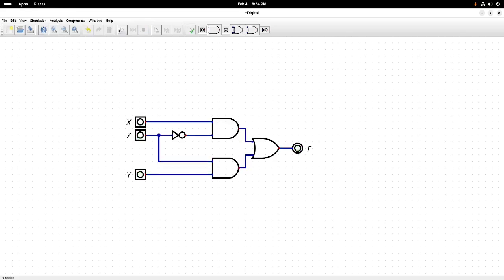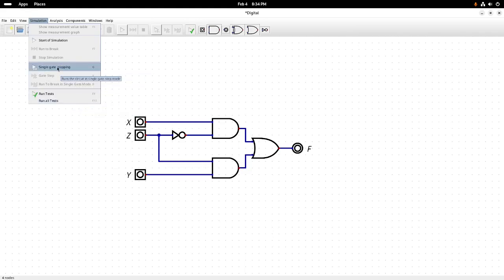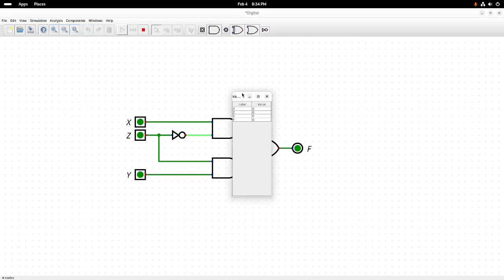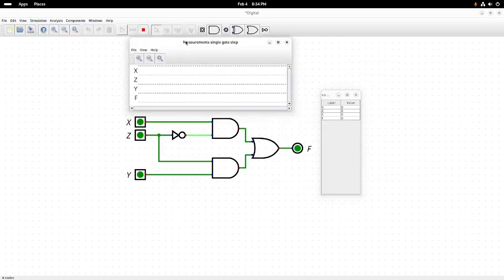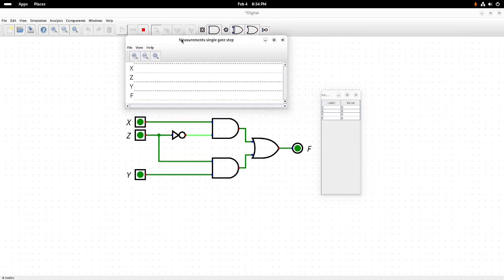However, if we go to this simulation called single gate stepping, which you can get by just hitting G, and then step through each gate with V, we can do this sort of thing. So if we enter single gate stepping mode, we can show either the measurement table or the measurement graph, or actually both. Why not? So the way it works is if we have,